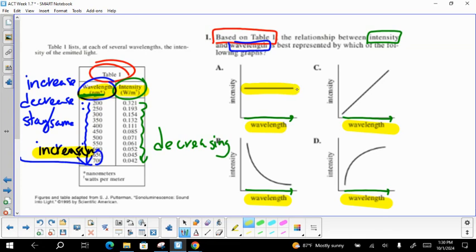Does this line decrease? No, it stays the same. As I move from left to right on this line, does it decrease? No, it stays the same. It doesn't stay the same. It actually increases. This one, as I move from left to right, decreases. So I'm really liking that. But I want to check the other one too. As I move from left to right, it has increased. So that makes my answer